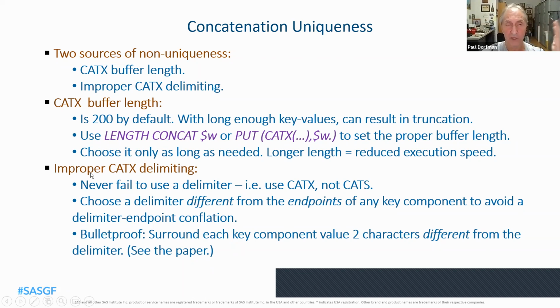And now a more serious obstacle arises when we delimit CATX improperly. Because first of all, we should never use CATX without a delimiter. So use CATX, not CATS. And then we have to choose a delimiter different from the endpoints of any key component. We may not know those ahead of time, and we don't actually want to go through the whole input to find out what the endpoints of each key component are. So the bulletproof approach to avoiding this kind of collision is to surround each key component with two characters different from the delimiter. You can look at the paper at SAS Global Forum